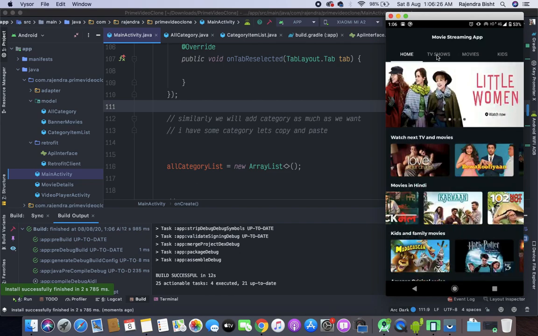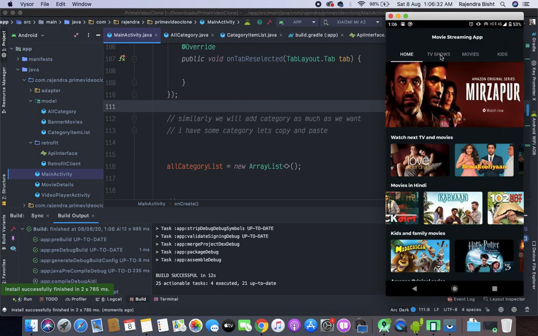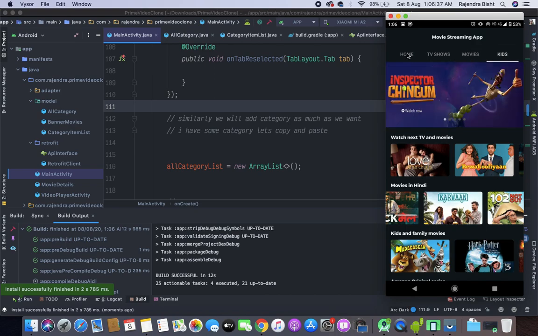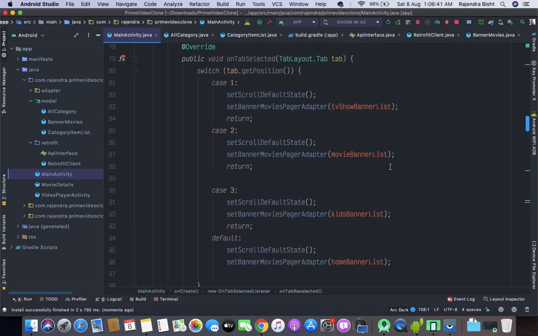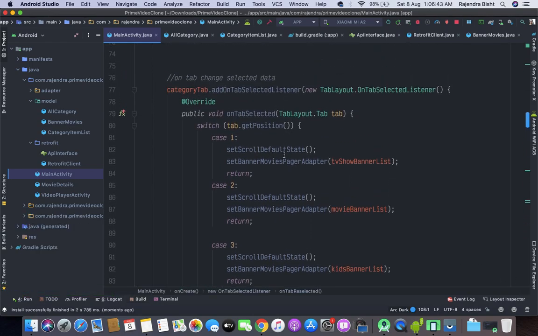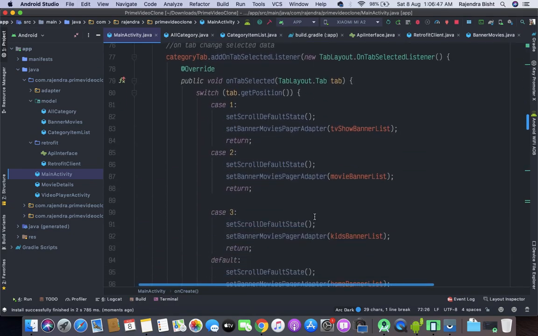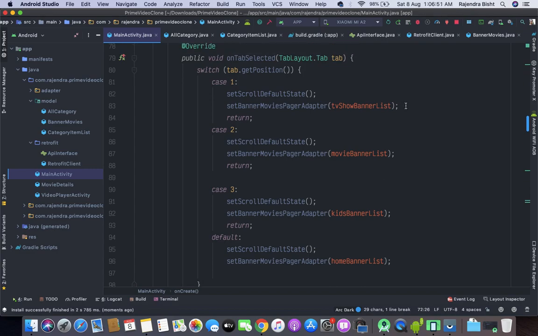So now we also have to set data with this category on click listener. So here let's go to the on click listener. Let's copy this, and so this is the TV banner list.